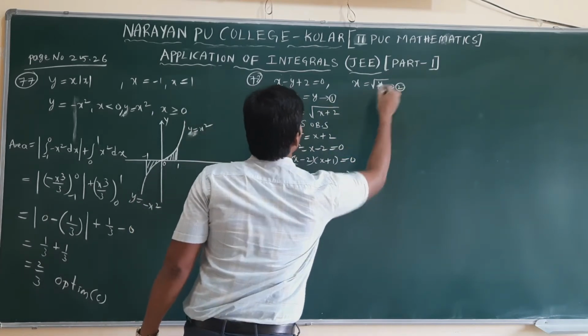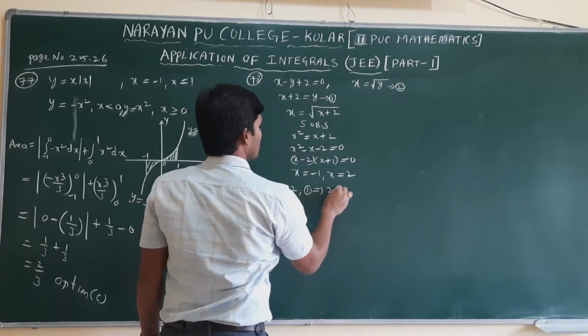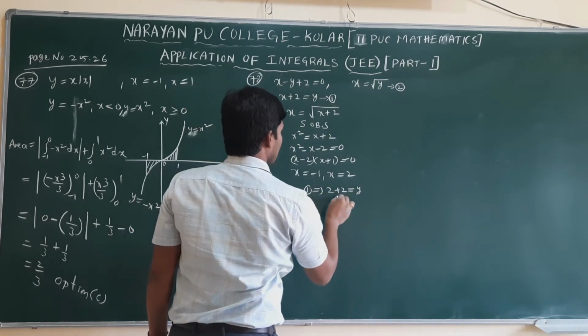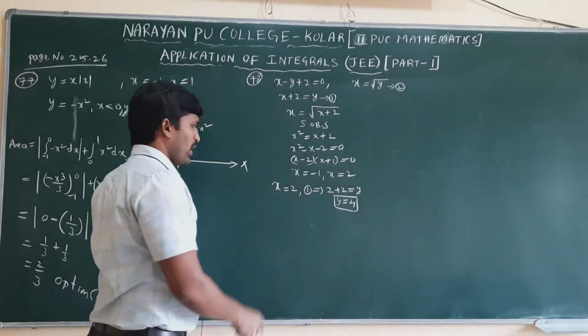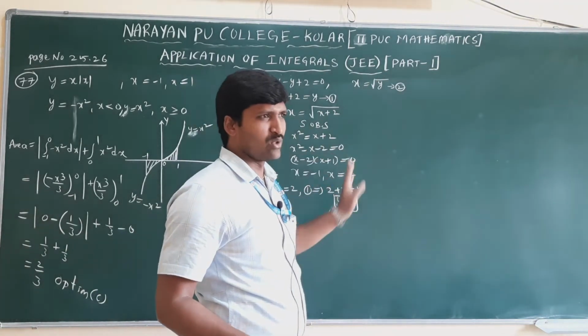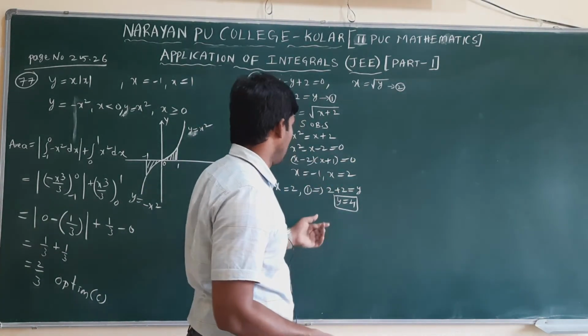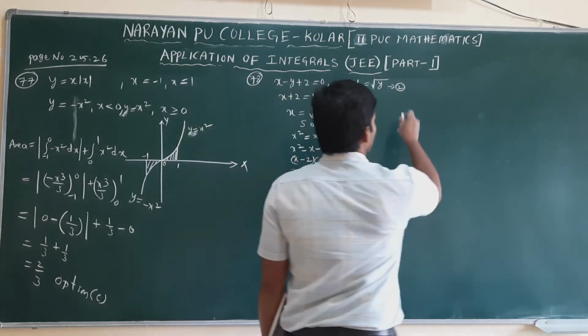This is equation 2. From the first equation, 2 plus 2 equal to y. Y equal to what will we get? 4. It's a point we got here on the positive side because root y exists. We are not taking the negative x value, not required also. So we are only in the first quadrant, 2 comma 4 will exist.